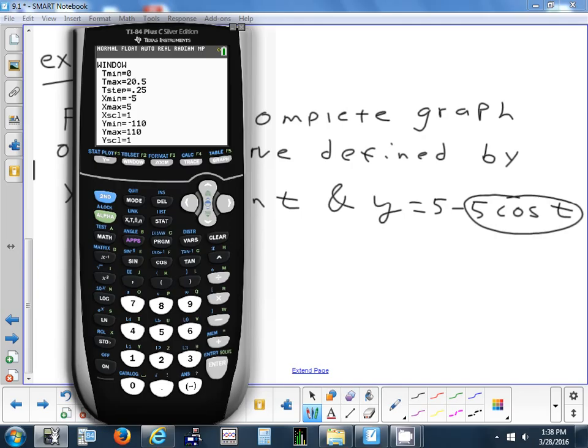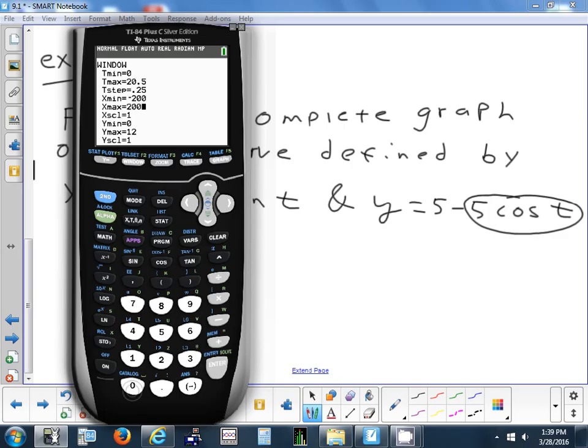So window, let's go. Wait, could you go higher than 10? No, you can't go higher than 10 on the y side. So 0, let's just go to 12. And then x, depending on the size of the parameter, can be as big or as small as you want. So let's try